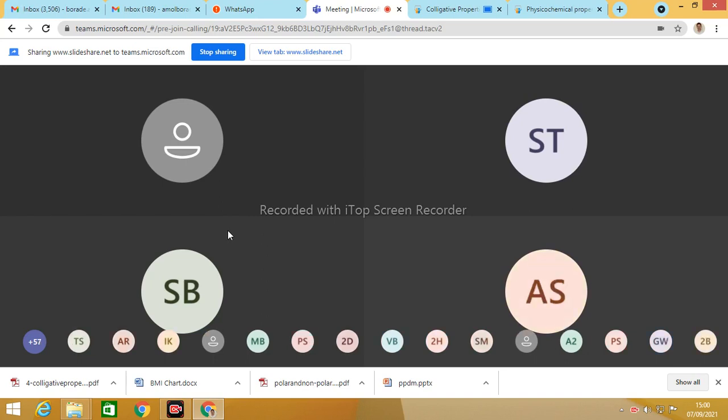In the second chamber, the number of solvent molecules will be more, and in the first chamber, the number of solvent molecules will be less. So how is the concentration gradient? The concentration gradient is like this. Second chamber, solvent concentration is higher. First chamber, solvent concentration is lower. So due to the existence of a difference of solvent concentration,